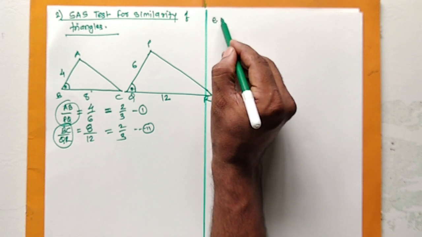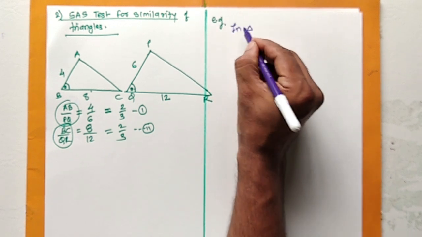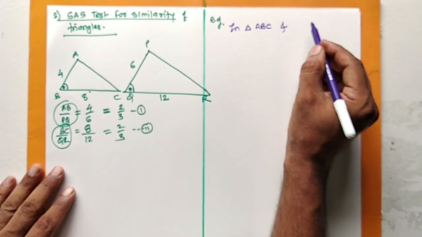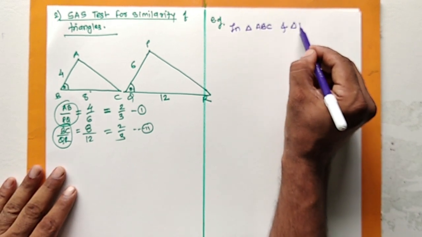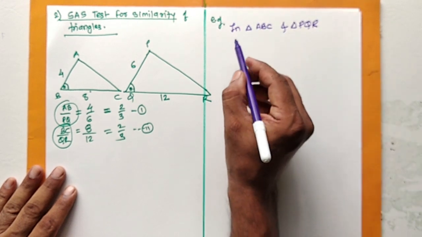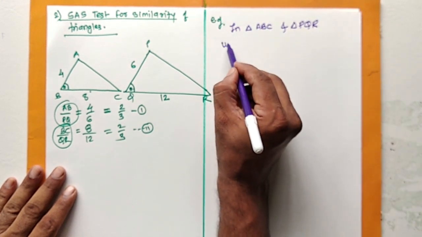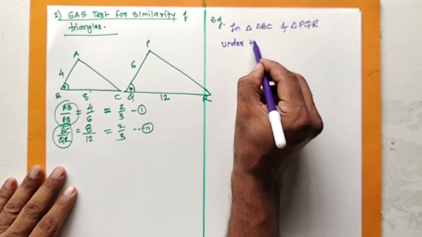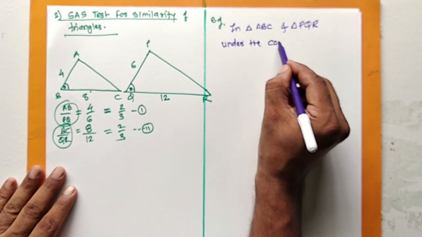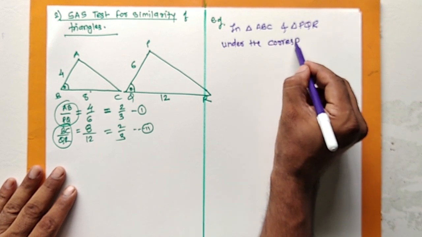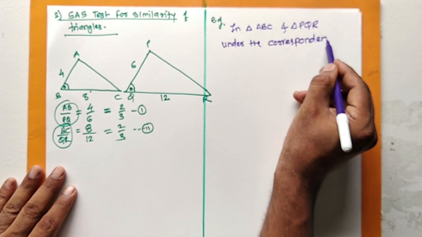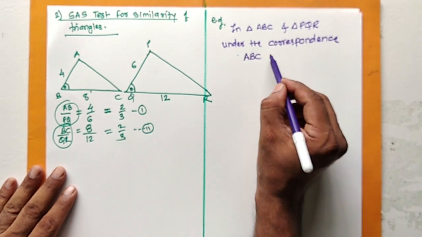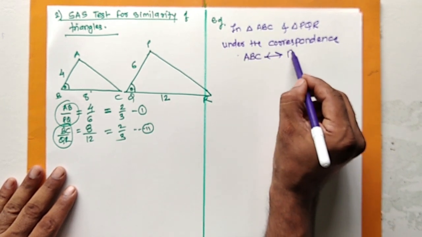For example, in triangle ABC and triangle PQR, under the correspondence ABC to PQR,